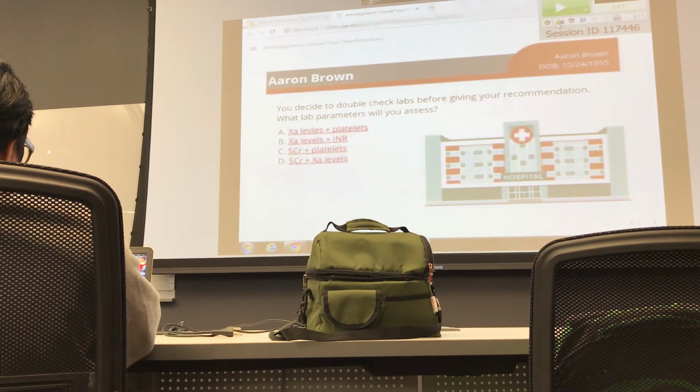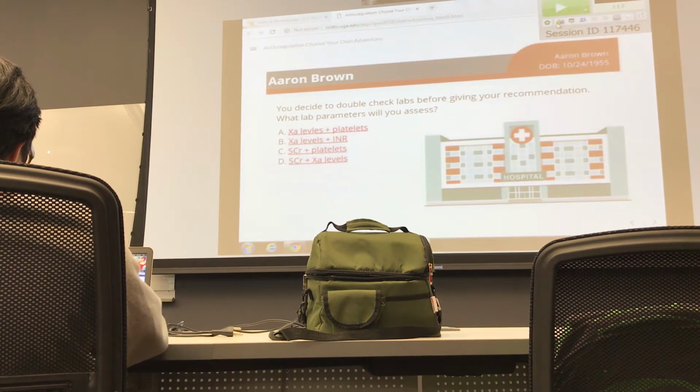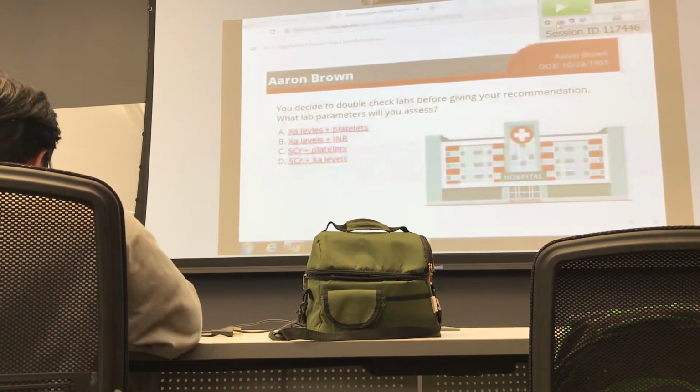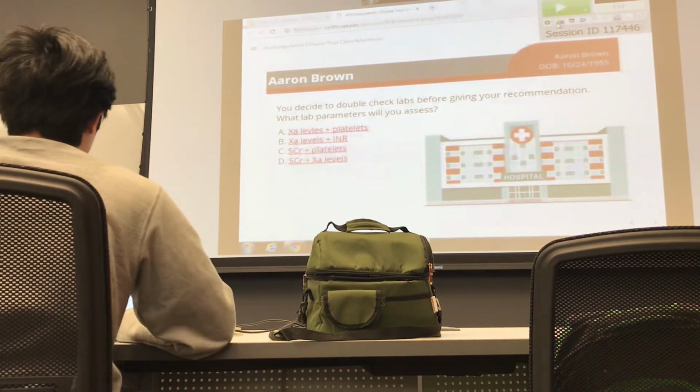It said to monitor renal function and also get a complete blood count, so I went with C. Okay, and where did you find that information? On your PowerPoint. Or my notes, very good. And where do you think I found the information? That was a really good answer. The guidelines. Yeah, probably the guidelines, or maybe Lexicomp, or maybe the package insert. Very good, thank you. All right, somebody who chose D.